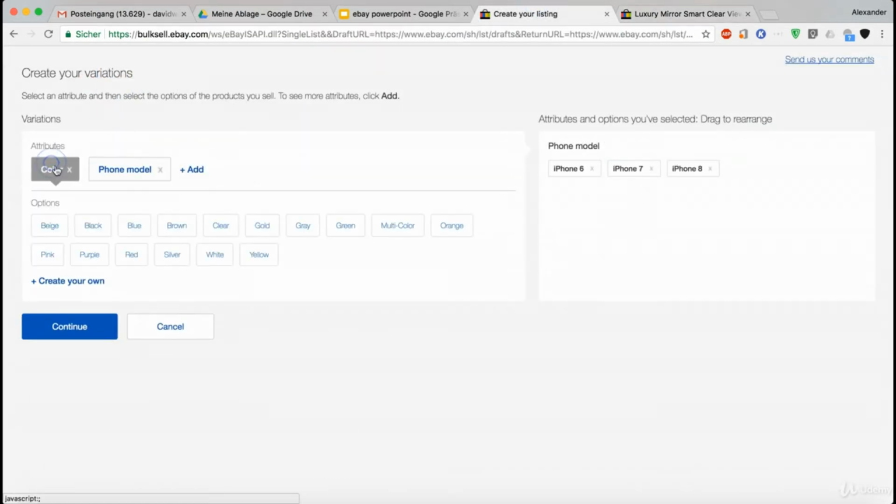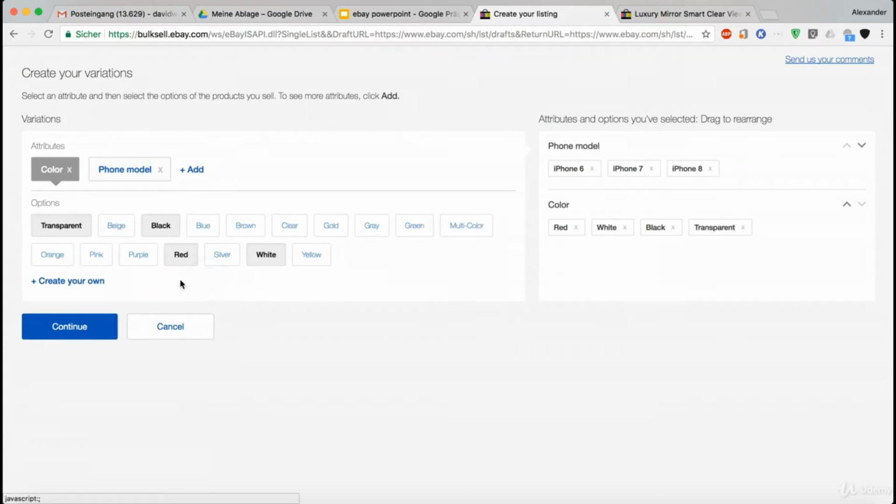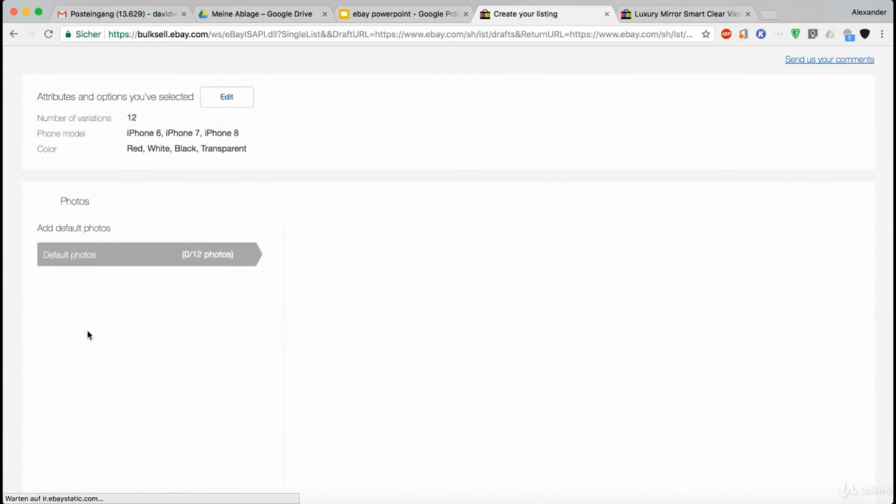Now the next attribute, the color, we choose the colors that we offer, and that was red, white, black, and I think transparent they don't have here, so I will do it myself. So create your own and click on add. And now basically we have it with these 3 phone models and with these 4 colors from which customers can choose. The next thing is we click on continue,